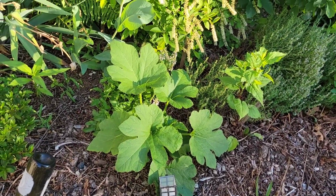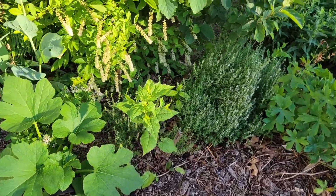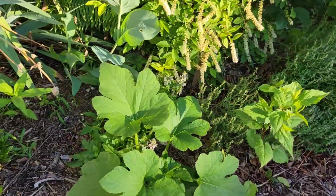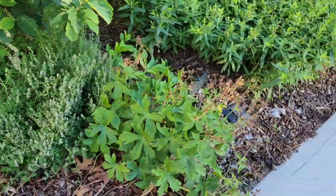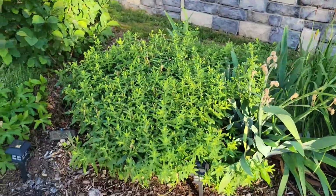This is a volunteer squash. It happens because I compost, and my compost isn't always probably as hot as it should be, but that's okay because I welcome volunteer squash. What are you gonna be? I'm excited. This is some thyme and a wild geranium, some asters